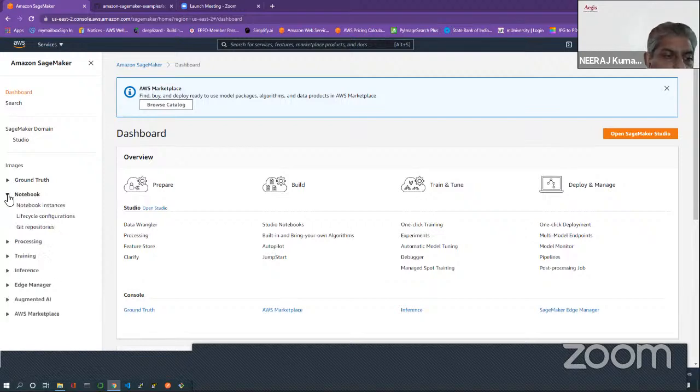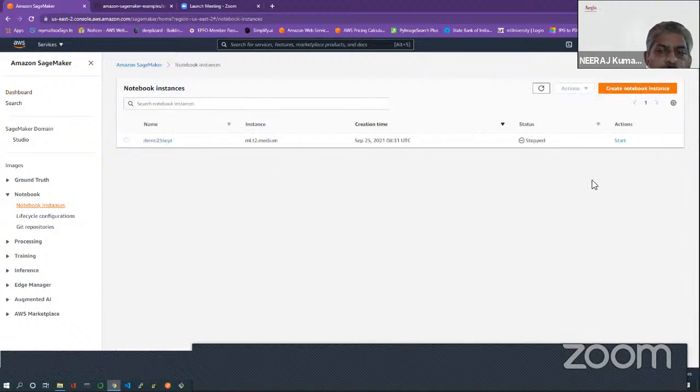Another service is Notebook. Notebook is a service provided to launch your Jupyter notebook. Let me show you how to launch an instance. This is the screen. Once you click into Notebook instances, you will come to this screen. And once you click on Create notebook instance,